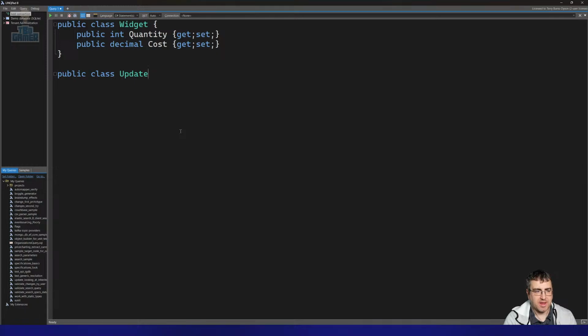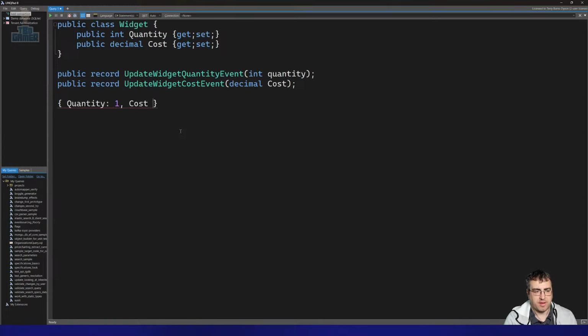Update widget quantity event, right? Public, and then actually that'd be a record or something. It's not an offset, it's not a change to that. It's just the quantity is now this, and you have a public record update widget cost event, right? Decimal cost. So you're setting those things. Well, if event one comes, so if the widget is, you know, one and the quantity is one, cost is 4,